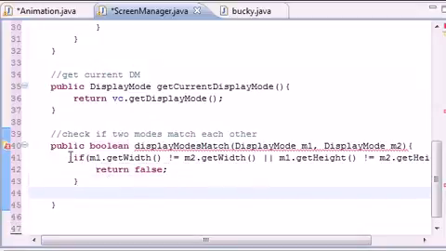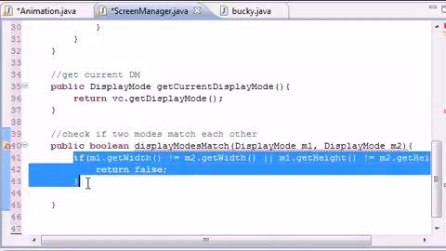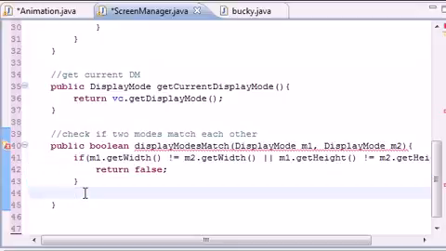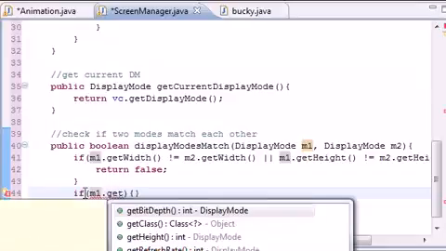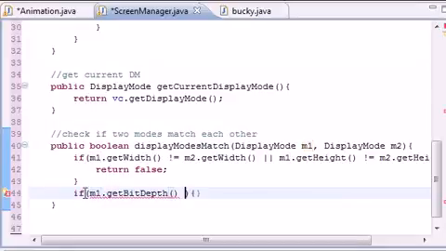So now that we've got the width and height under control, this is the resolution. We need to make another check for bit depth. The bit depth is pretty much how many colors it can display. There's a little more to it, but in essence, that's what it is. So if m1.getBitDepth is not equal to m2,